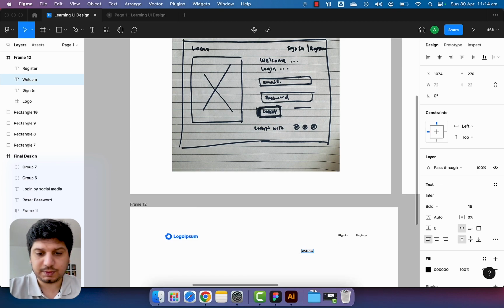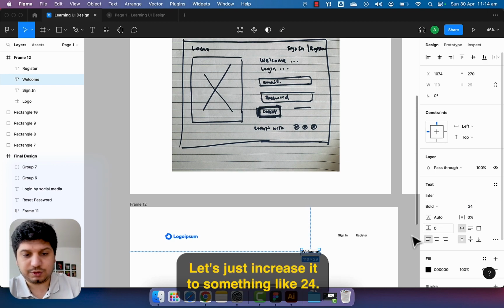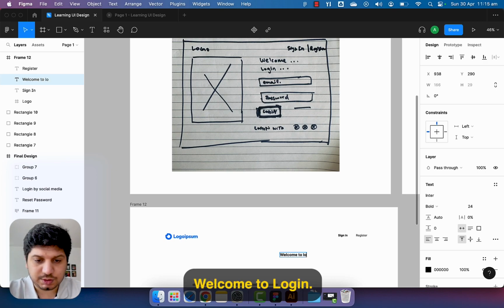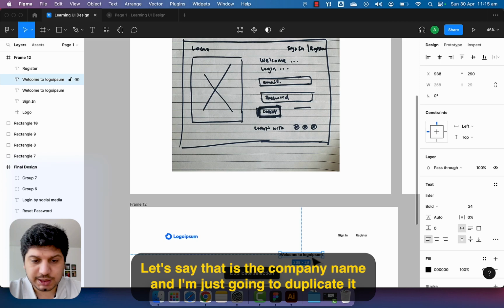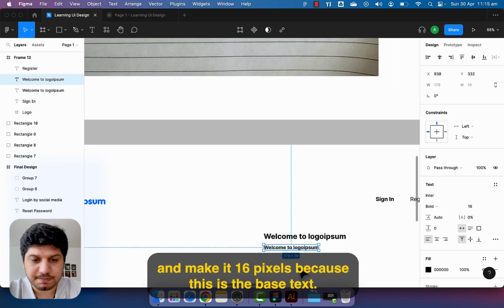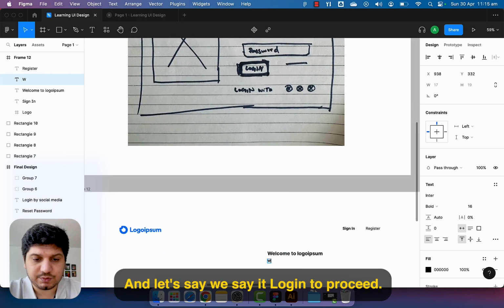Welcome. Let's just increase it to something like 24. Welcome to login. Welcome to Logo Ipsum. Let's say that is the company name, and I'm just gonna duplicate it and make it 16 pixels because this is the base text. And let's say we say it, login to proceed,